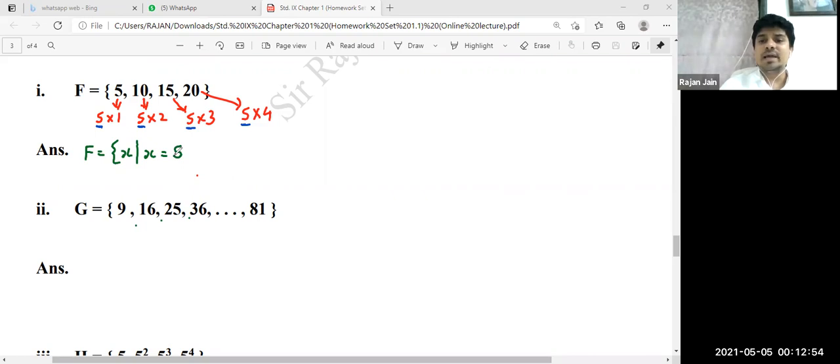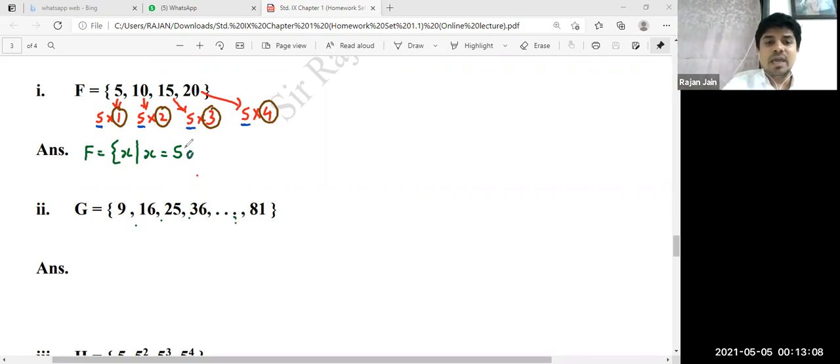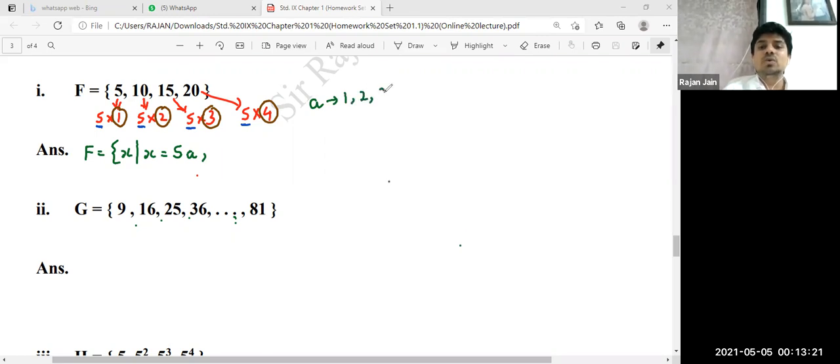वेरिएबल पार्ट कौन सा है? Can I say variable part is into 1, into 2, into 3, into 4. Okay, तो जो भी variable part है you will take that as a, and multiply हो रहा है तो you will say x is 5 into a, and condition you will write it on the variable part. Okay, variable part a है, and a के what are the values? First case में it is 1, then it is 2, then it is 3, then it is 4. These are the only 4 values of a that I have. These are the values that I have circled over there.